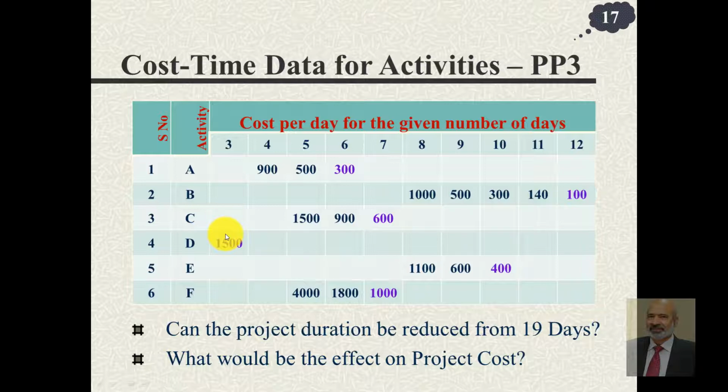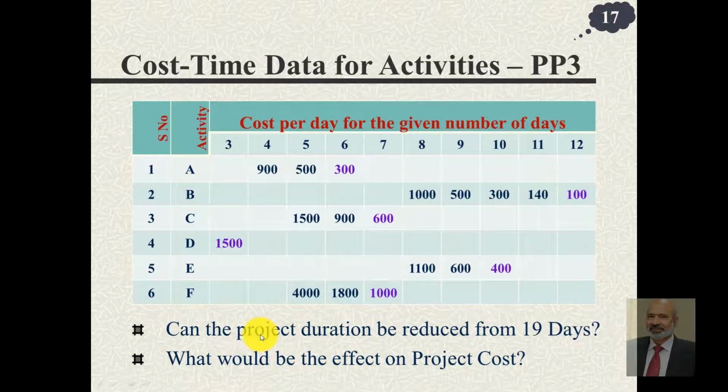And we are not saying how much you can extend, because you can always delay it. Instead of 3 days, you can do it in 30 days or 300 days. But we are trying to compress time, reduce the time. And the time of this activity D cannot be reduced. E can be done in 10 days or 9 days or 8 days, and F can be performed in 7, 6 or 5 days. But the associated cost would increase.